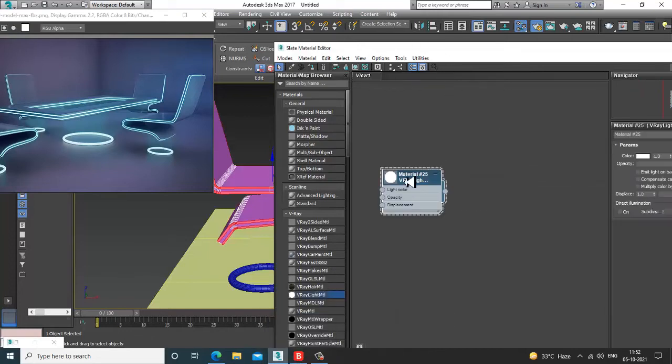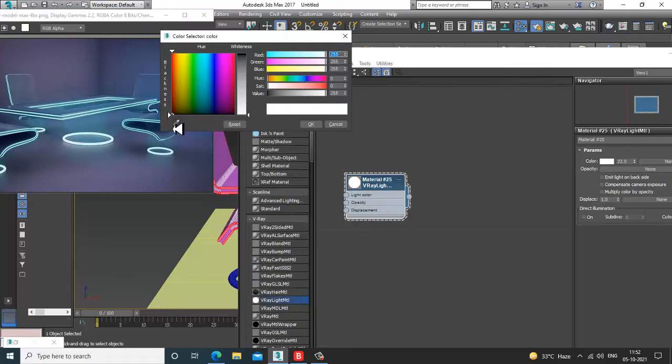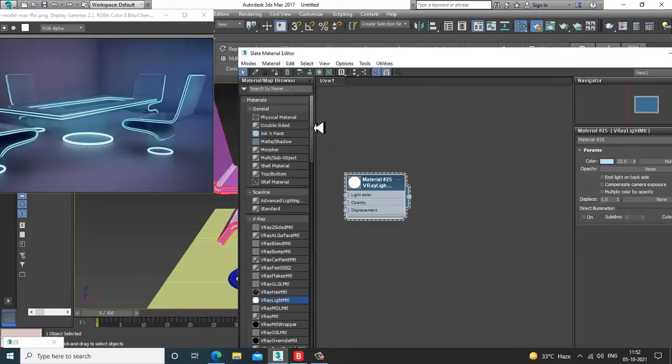Into that, I'll increase the multiplier to 22. I'll go into the color, pick this kind of color, and assign that over here.